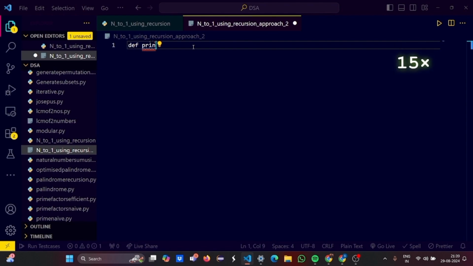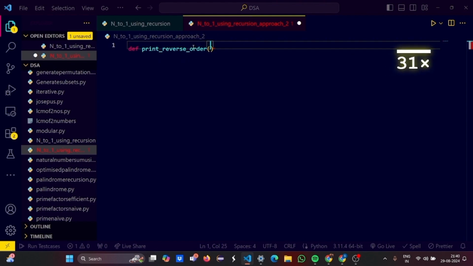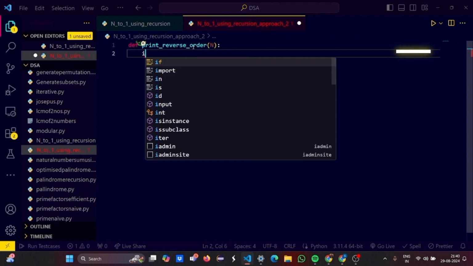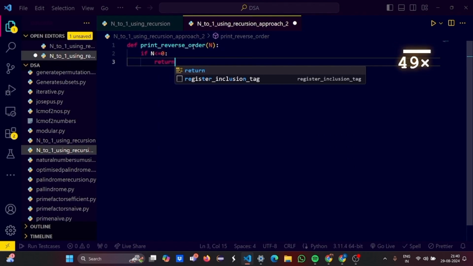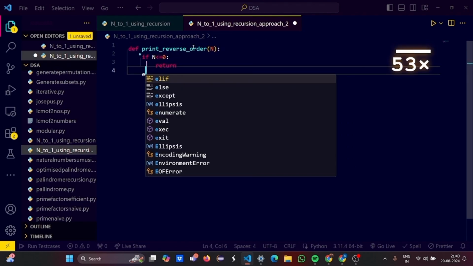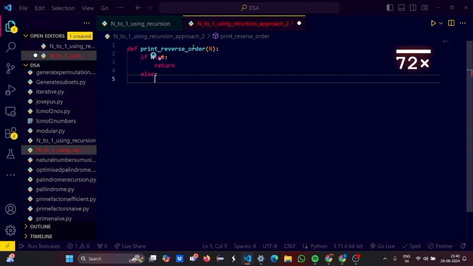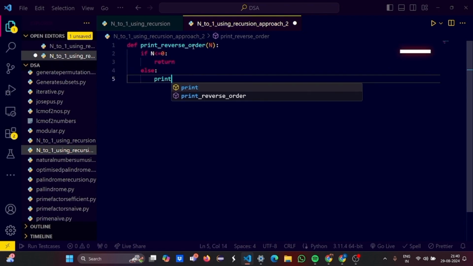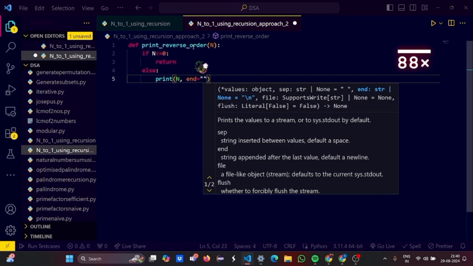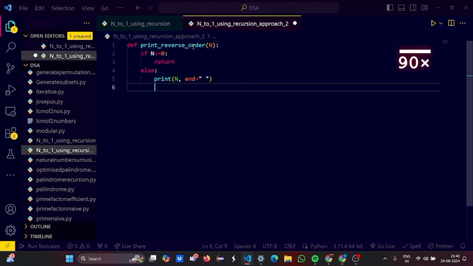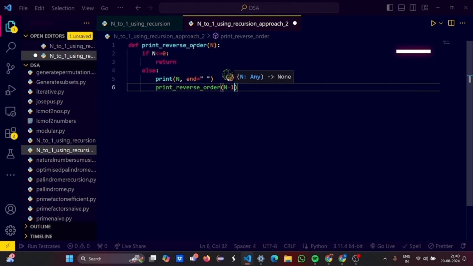Def print reverse order n: if n is less than or equal to 0, return; else print n, and then call print reverse order with n minus 1.